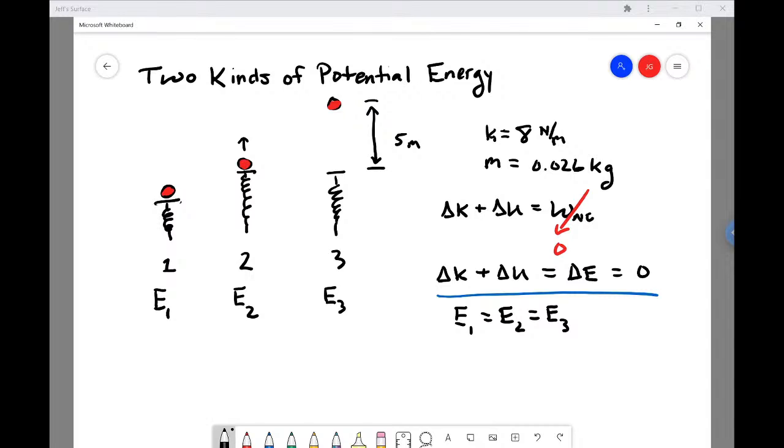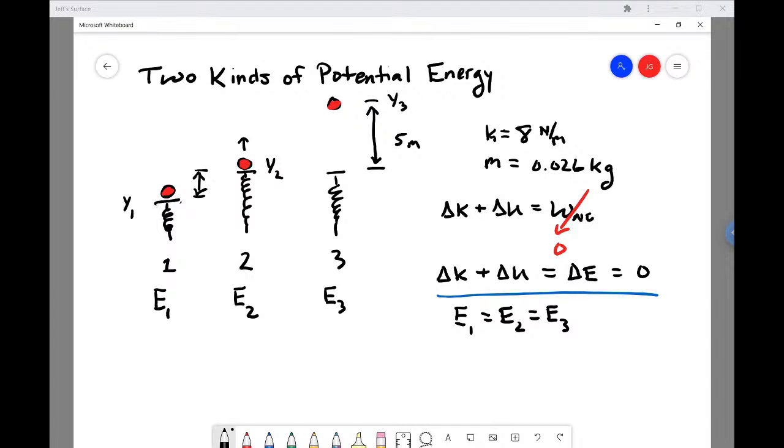Okay, so let's do that. And before we start though, the thing that we want to find is the distance the projectile is compressed. So you can think about this as, well, what is that distance? Well, it's whatever the y position of the projectile is in moment 1 compared to the y position at moment 2. And then, of course,